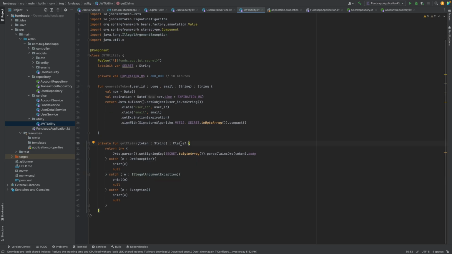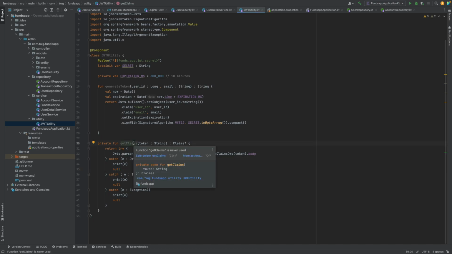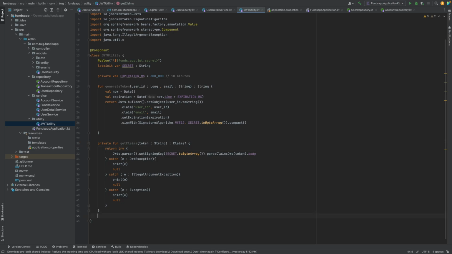It's not good. So now you see why claims is nullable, because yes, there is a good case where we're able to grab the claims and return it back, return the body. But then there's a case where there's an exception and it's going to return null. And when it does return null, then we have to process that properly. Now, how will we be utilizing this get claims helper method? It's a helper method within the helper class, right? It's pretty funny, but we're going to be utilizing it for two specific methods, which is first going to be